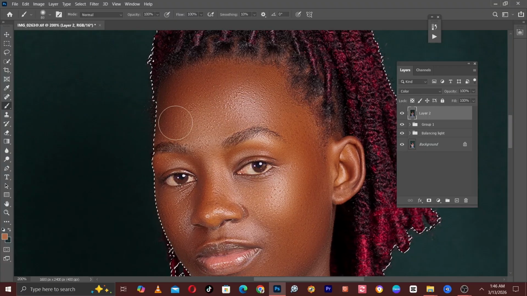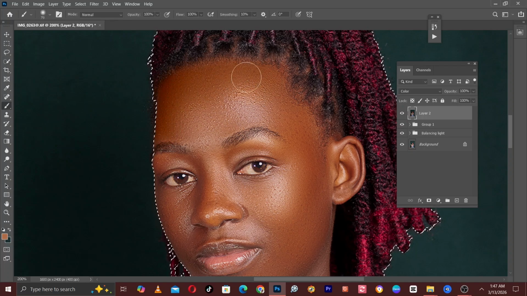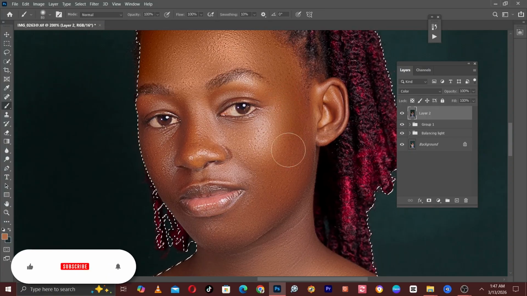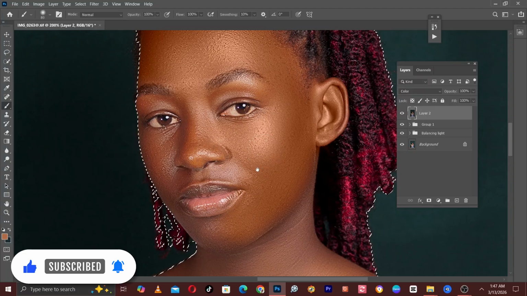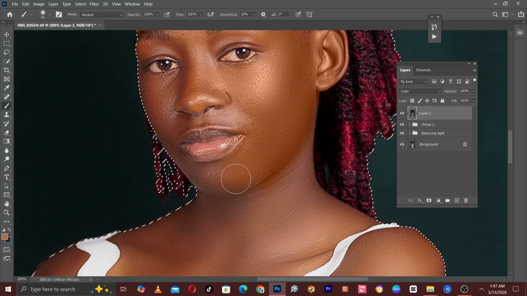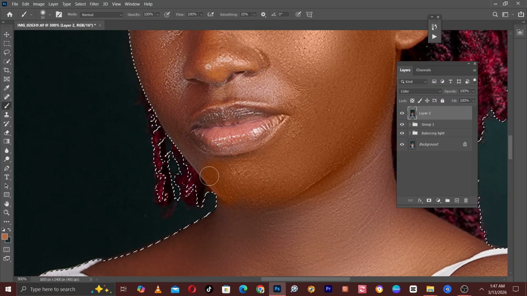So after that, come on the model skin, then start brushing on the skin, and try not to brush on the hair of the model, just on the skin. Try to brush, and you need to be